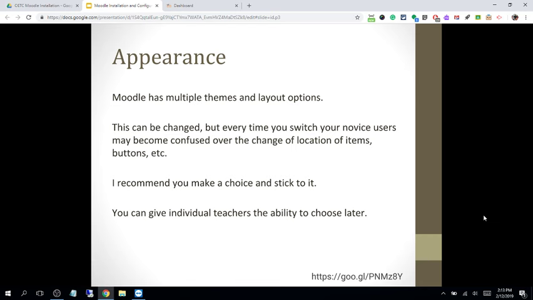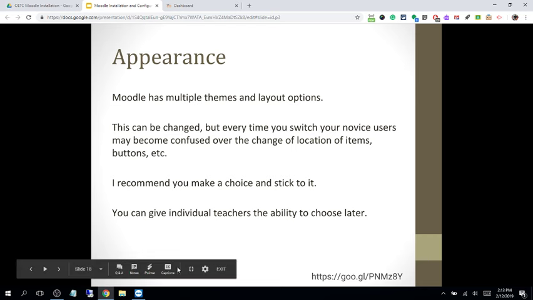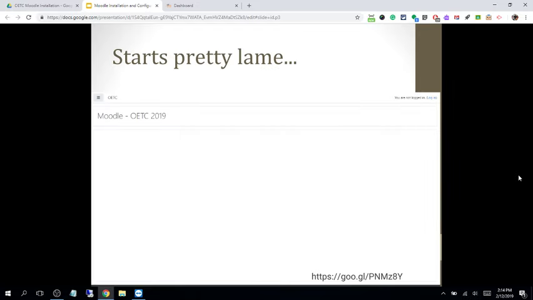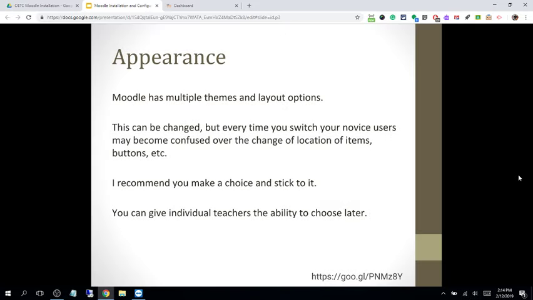The first thing I really feel like we need to go through is the appearance itself. Moodle is totally up to you on how you want to configure it and what you want to make it look like. I made the mistake early on of letting teachers choose their own themes, and the mistake is that then every single time you change a theme, buttons move around, it looks different, and I think that to make it easiest for a new school, really the best plan is to have that initial teacher team try the themes,